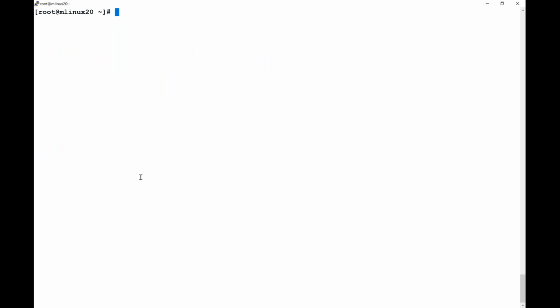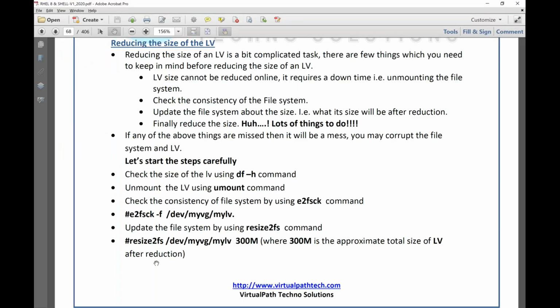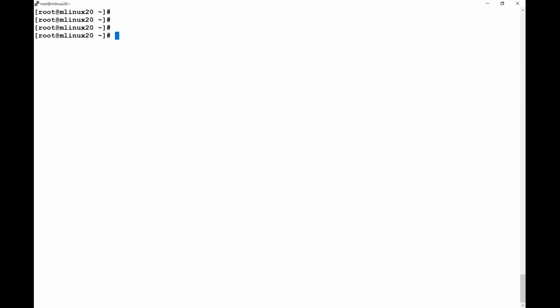Okay, so first step, we check space is there or not. Second step, you have unmounted the LV. Now third step, you have to check the health of the file system. Before reduction, you should check whether the file system is healthy enough to go for this operation or not. And this is a mandatory step. If you skip it and go to the next step, it will throw you back and ask you to check the health of the file system. To check the health of any LV or partition, you can go with the command fsck, or you can use the latest command